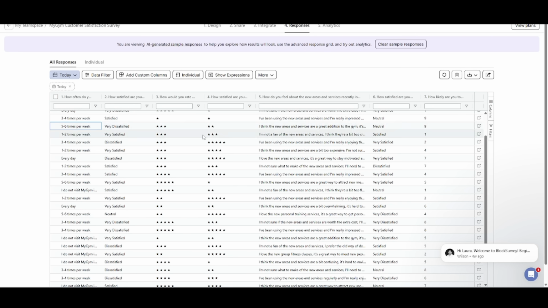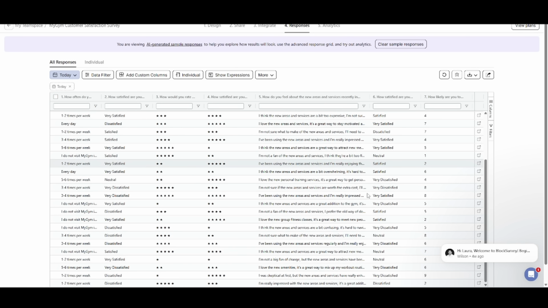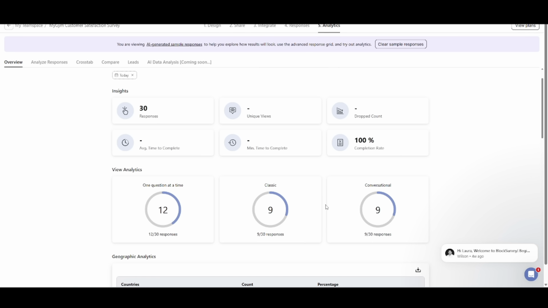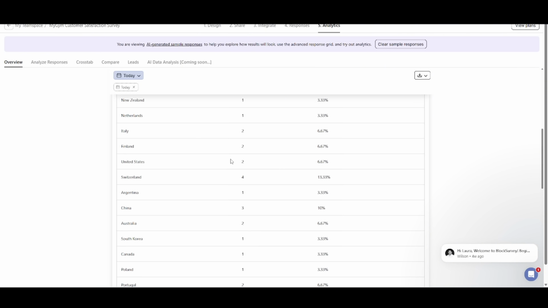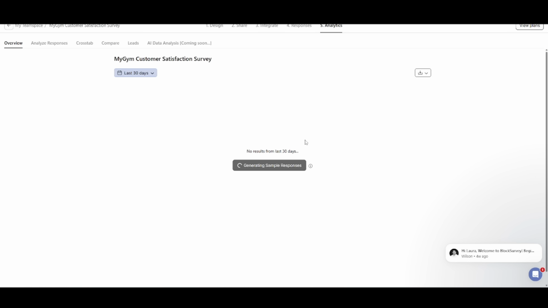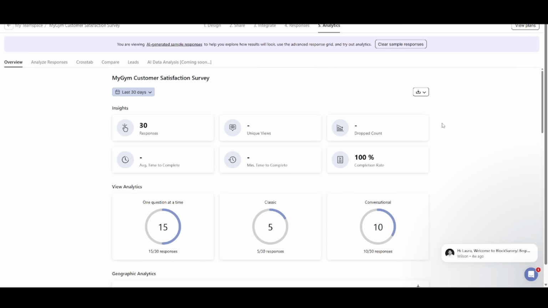So let's see, it shows in the dashboard all of the answers, all of the analytic options that are there. We can see the engagement analytics and the satisfaction analytics,